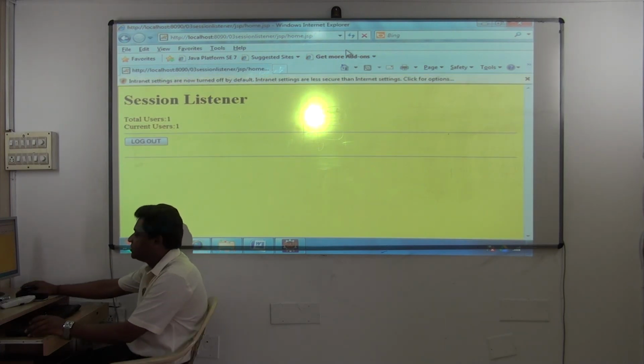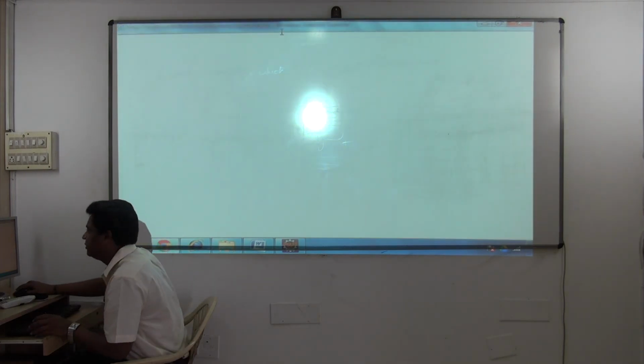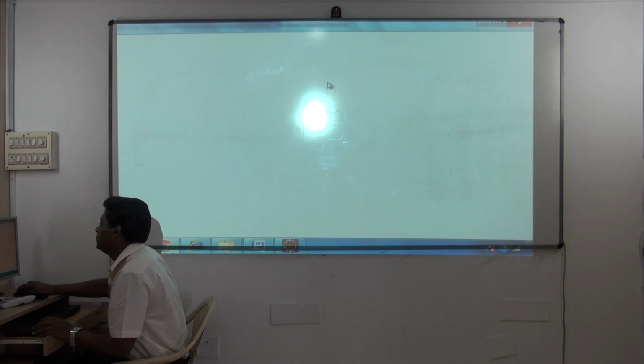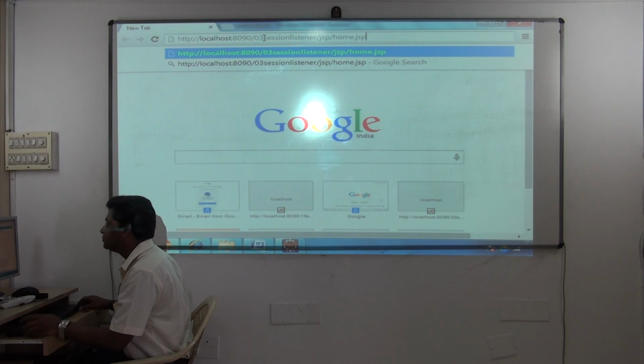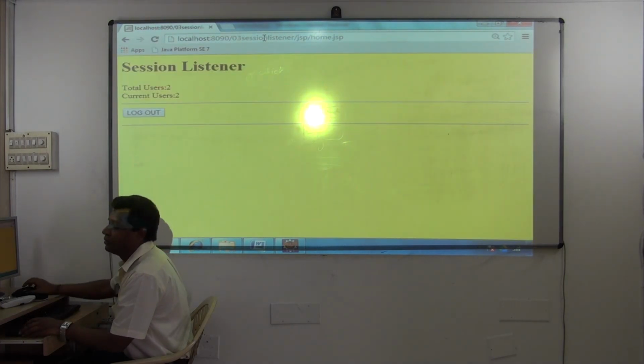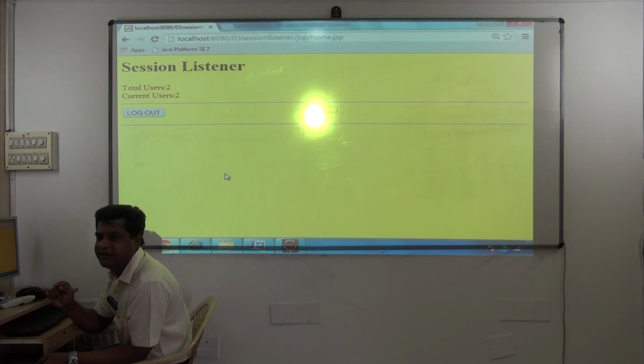Correct? Now see this. I'll open Chrome browser. You have to open a different browser only. So in the Chrome browser also, make the request. Total users 2, current users 2. Why? Because session object gets created. You know, in the JSP, the session object is getting created implicitly.